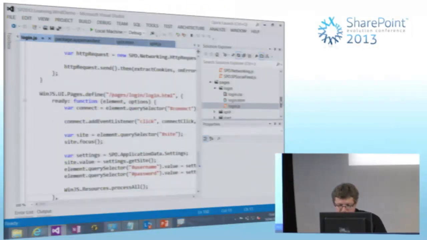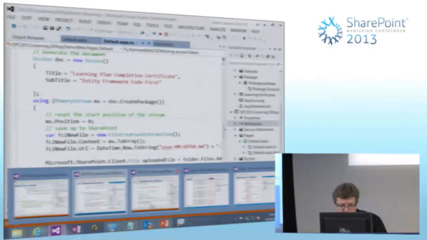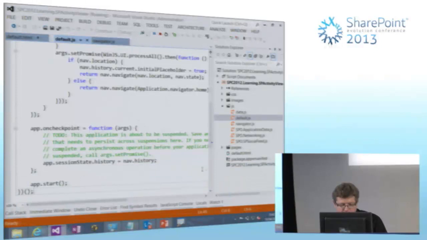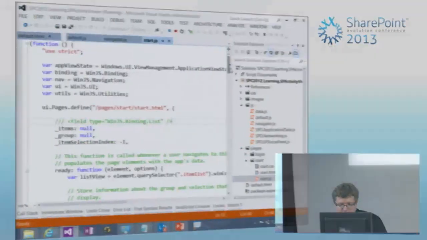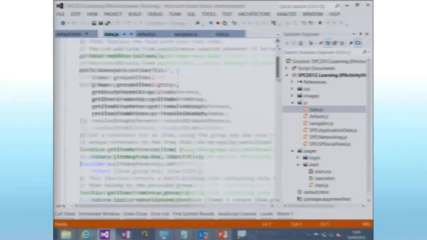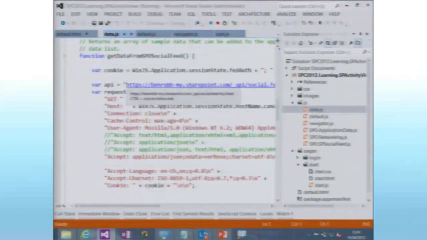So then, actually using that in our app to talk back to SharePoint, I'll show you a couple of examples of that. In this application, if I go to this page here, in the data, in this data model, I'm binding to my SharePoint site,